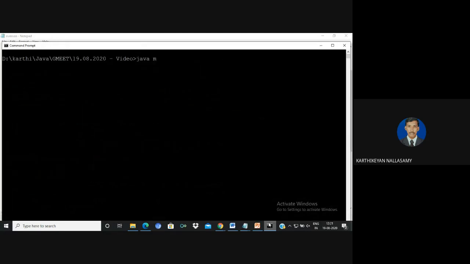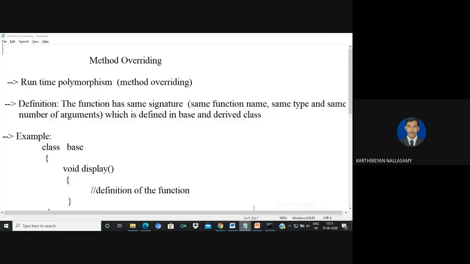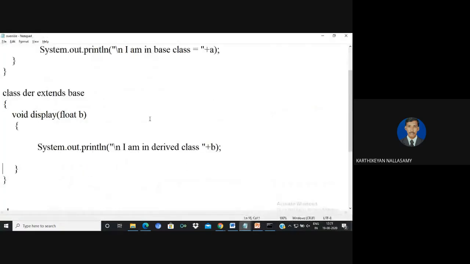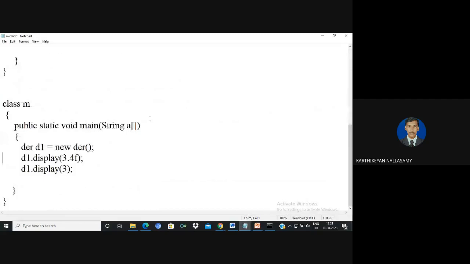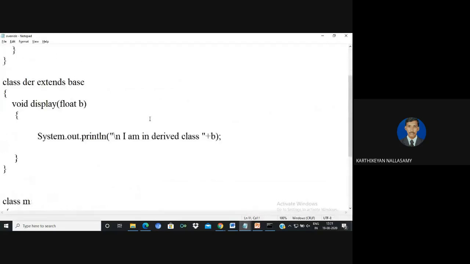So no errors. I'm going to run it. See that it executes a method, but here I didn't use any method overriding or a super definition. There is no definition found in the derived class definition.